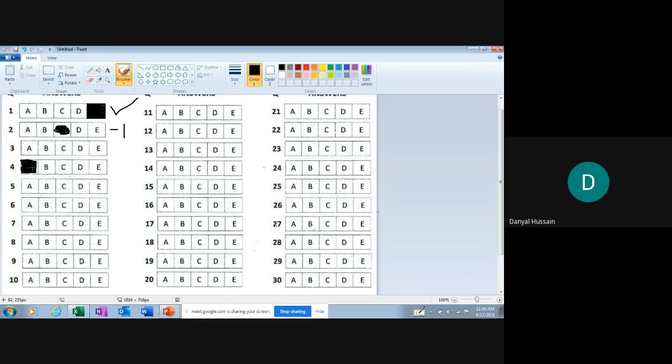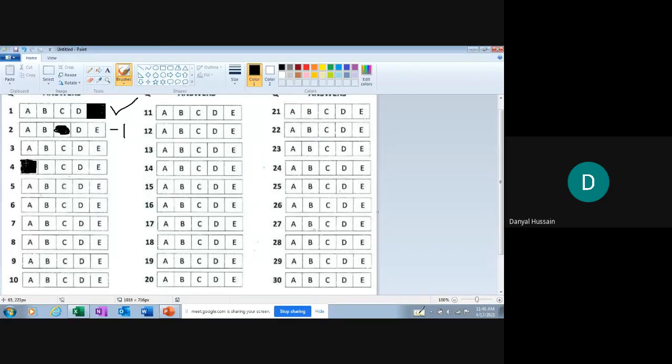So remember, if you don't know about question number 3, if you are not sure of the correct option of question number 3, leave it as it is. If you are not filling it, you are not getting marks and you are not losing marks. But if you are filling in a wrong pattern, you will lose your marks.